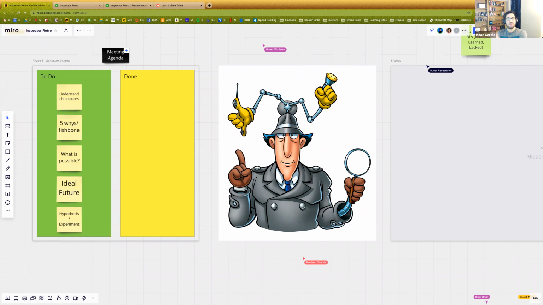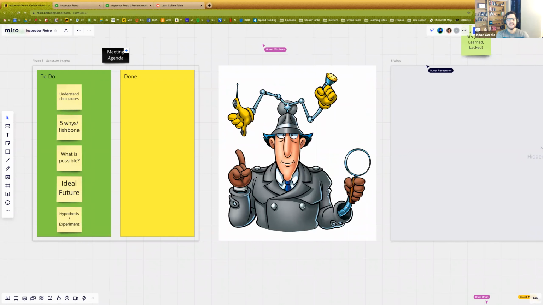Because you'll be wasting time if you generate insights for every idea you have, including I want more ice cream. If you spend 45 minutes thinking of how to get someone ice cream, and really you could have been talking about how to help the team have more safety or something more productive, then you've got a waste of time there. So bring in the things that the team feels are valuable and are going to help them improve in the next iteration.